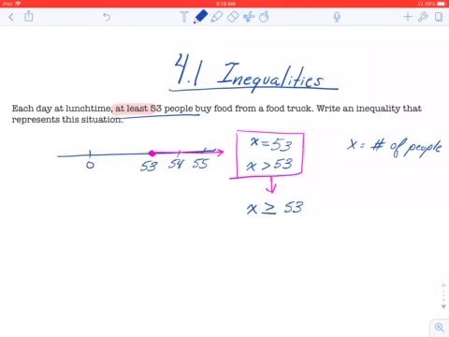So this reads as x, the number of people that come visit my food truck, is either greater than 53, so maybe 54, 55, or is equal to 53, but is never less than 53, because that would look like this. That would look like x is less than 53. Notice how these signs are different. So that is just an example of how you would reason through an inequality. So now that you've gotten kind of an idea of